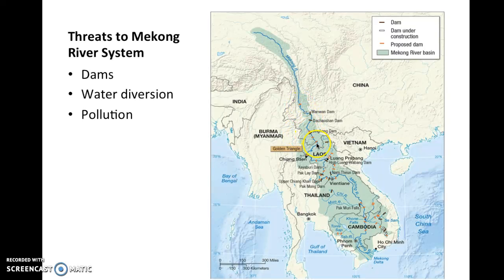You see all these proposed dams. The Chinese are trying to capture this water and divert it into China. Other countries, Laos, Cambodia, or also Thailand, are trying to tap into the Mekong and pull water off for agriculture